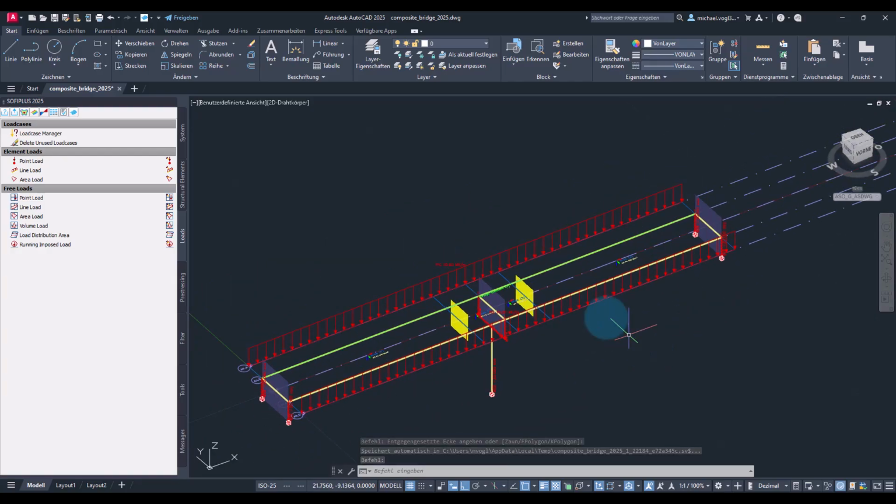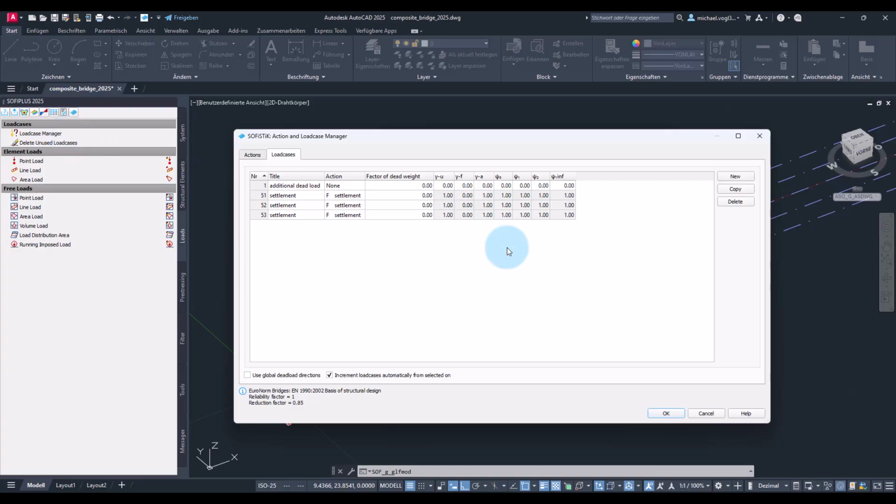Okay, now let's define the temperature loads. First, I will create the corresponding load cases. So I create a new load case with number 81, and I will name this DTN plus, which should take the constant temperature load leading to an extension of the bridge.